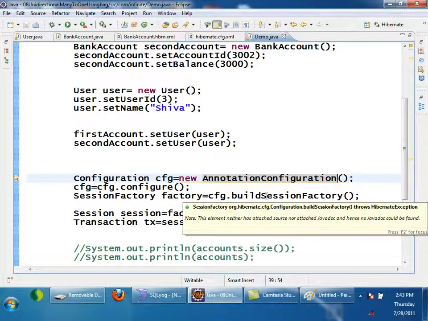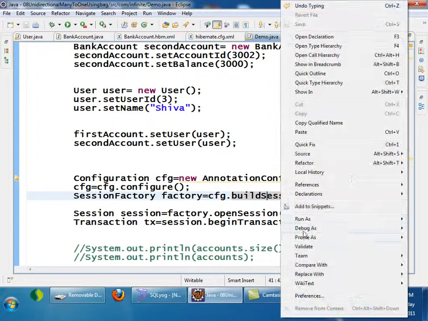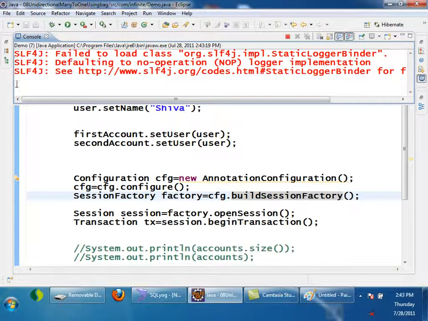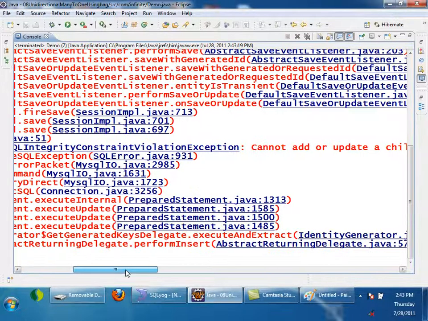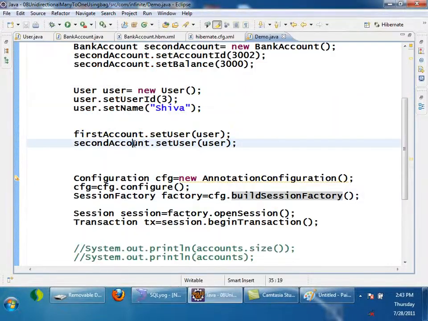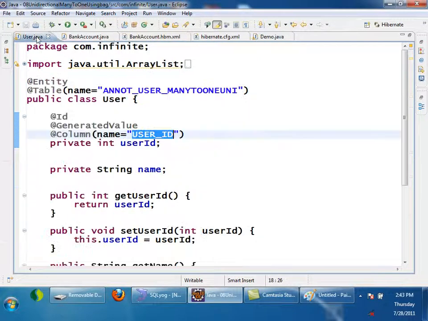Okay. Now I will run it. Let us see. Okay, I think I didn't give this table name for anything.